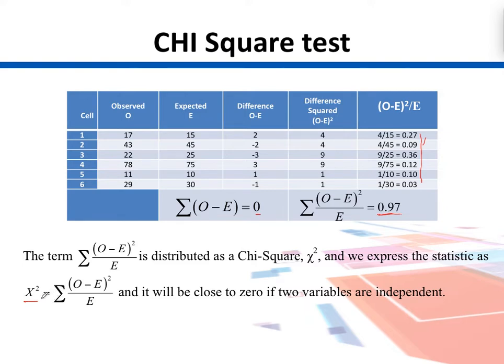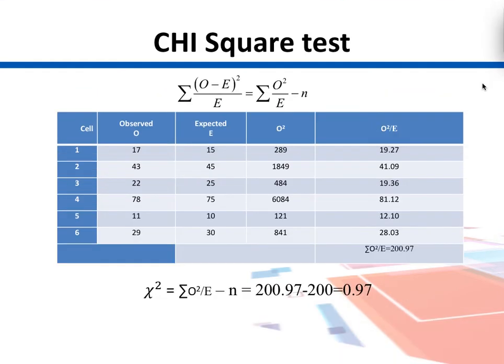This chi-square is represented by X squared, using the Greek letter chi, whose modern version is the letter X in English. Since we are using squares in the top term, we put a square sign over it. That's why it is called chi-square, and it will be close to 0 if the variables are independent. So we get a calculated number, and we can get a critical number, compare them, and test for independence using these chi-squares.